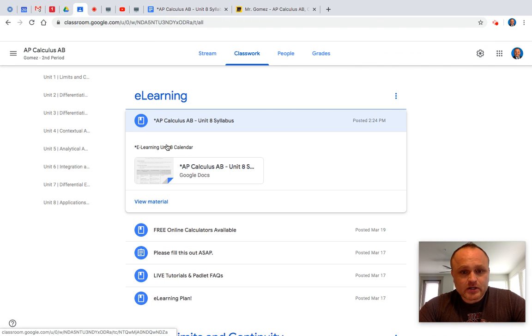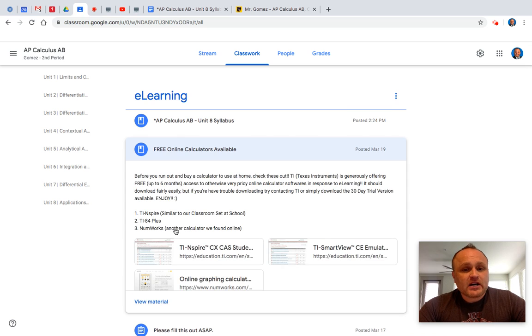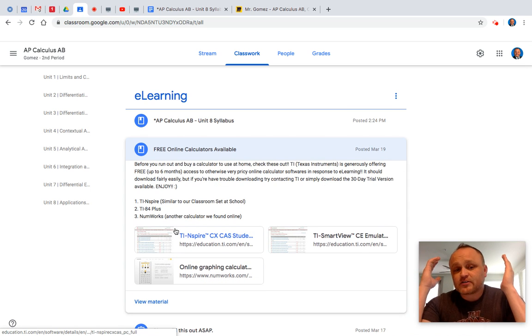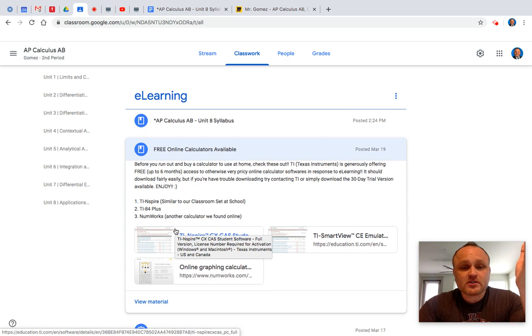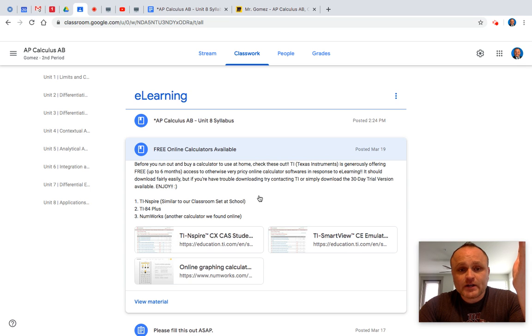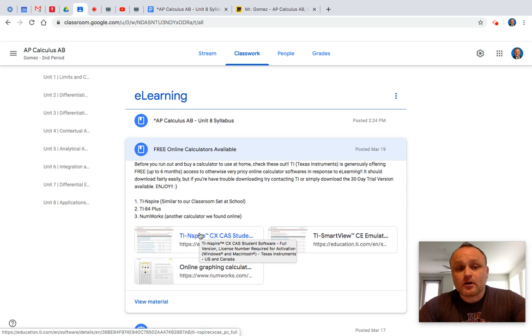So let's go ahead and come back to calculator software. Okay, so calculator software, TI is awesome, and so are other companies that are just offering so much free service because of our current situation worldwide, that you guys have access to otherwise $100 to $200 software at home on your computers that you're able to download.